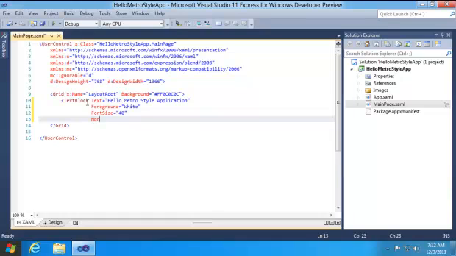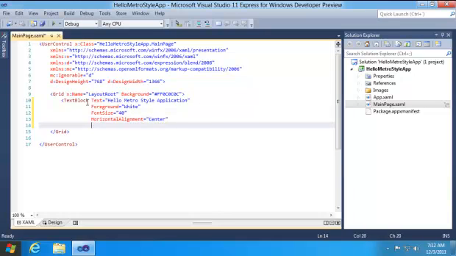We'll define the horizontal alignment as center and the vertical alignment as center, so that the text will come at the center of the application screen. Let's close the tag. You can define any control there. You can drop any control from the toolbox which is present at the left side of your Visual Studio IDE.